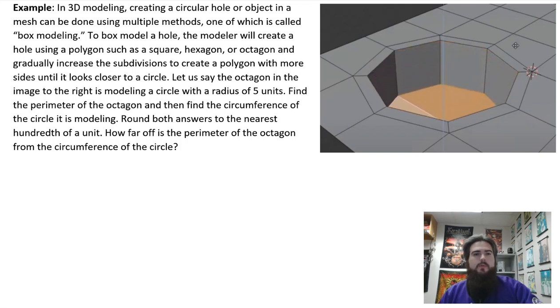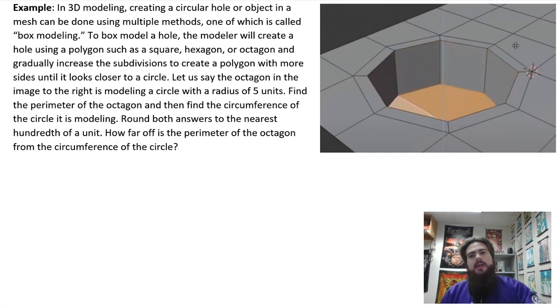In this example, we are told that in 3D modeling, creating a circular hole or object in a mesh can be done using multiple methods, one of which is called box modeling. To box model a hole, the modeler will create a hole using a polygon, such as a square, hexagon, or octagon, and gradually increase the subdivisions to create a polygon with more and more sides, until it looks closer to